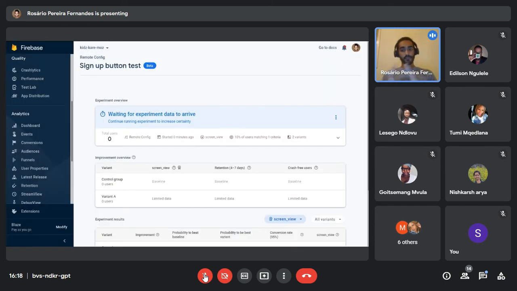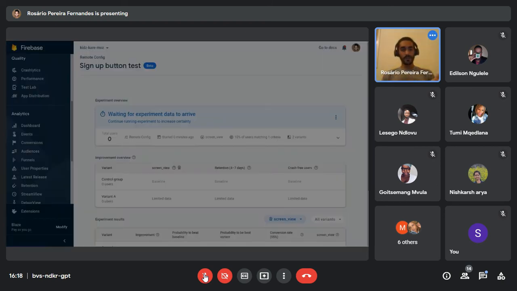Once I've finished setting my variants, Firebase is gonna tell us to wait for the experiment data to arrive. Depending on how large your app is, this can take, let's say, 25 hours, 36. So you should wait for 1 or 2 days before checking back.